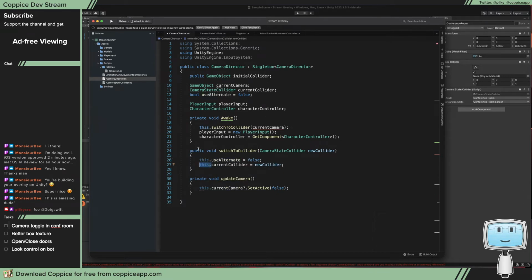I don't know why sometimes hitting enter doesn't actually do a completion, but I want to set the current camera to false, and then what we're going to do